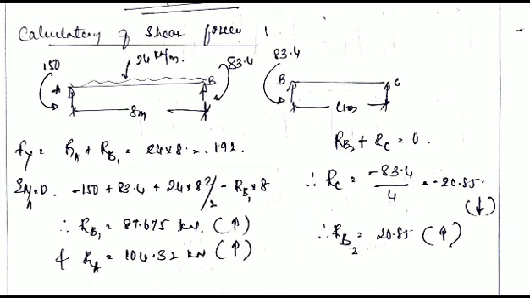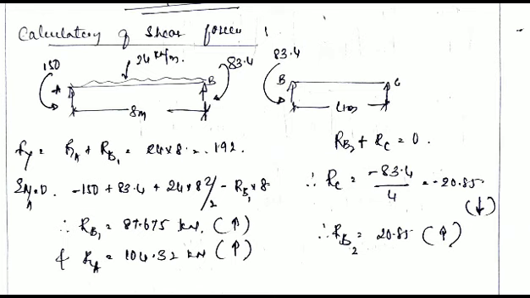At A it is minus 150, so it is in the anti-clockwise direction. At B it is positive 83.4, shown in the clockwise direction. For member BC, we have only one moment, anti-clockwise at the B joint, which is 83.4. At AC it is 0 and the span is 4 meters.